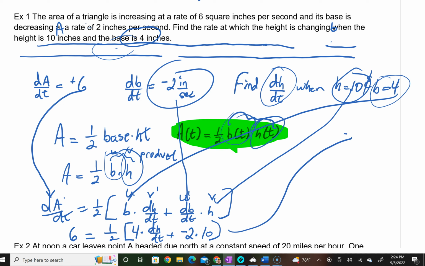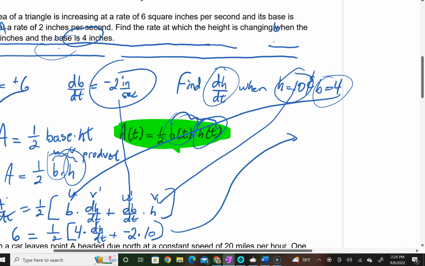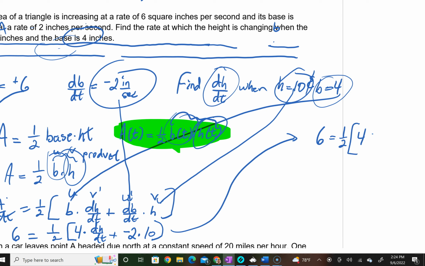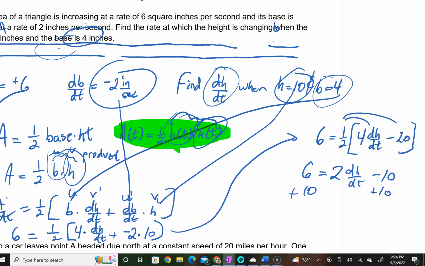So, look, I'm going to recopy this off to the side. And I'll get 6 is equal to 1/2 of 4 dH/dt. I'm going to be able to solve for dH/dt. -2 times 10 is -20. And tell you what, I'm going to distribute this 1/2, and I'll get a 2 dH/dt. And 1/2 of 20 is going to be a 10. So I've got that minus 10. I'm going to add a 10. 6 plus 10 is 16. I'm going to divide by 2,